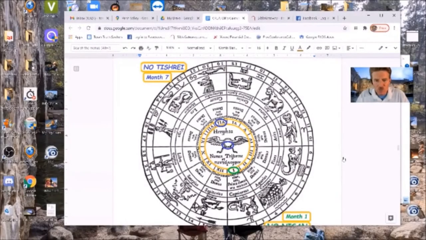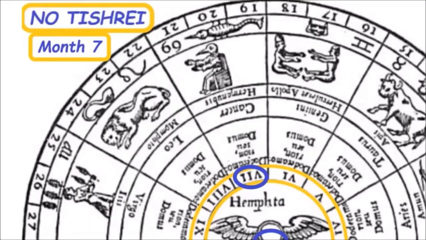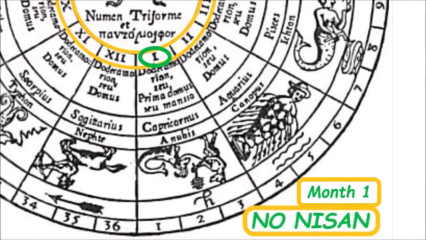As you can see at the top of this wheel, the month number 7 I've circled in blue, and I accidentally drew one right in the center of the bullseye. I didn't intend that, and it's going to take too much time to correct it. But notice there's no Tishri in the 7th month. And Leo here is in the 8th time period, but no Tishri. And scrolling down to the 1st month, as I've circled in light green, there's no Nisan. Just to emphasize, it is a difference in the Babylonian calendar versus what they were using for the zodiac.